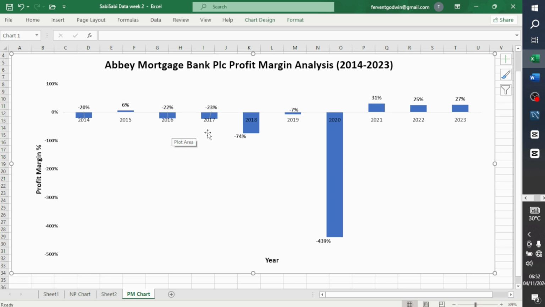Here this helps us get the actual performance in percentage. The value alone can be quite vague, and you don't actually know the exact effect of that on the company. But here it is quite specific. So here we see in 2019 they had a loss of 7% relative to the revenue, and here it was 74% of the revenue that was lost.